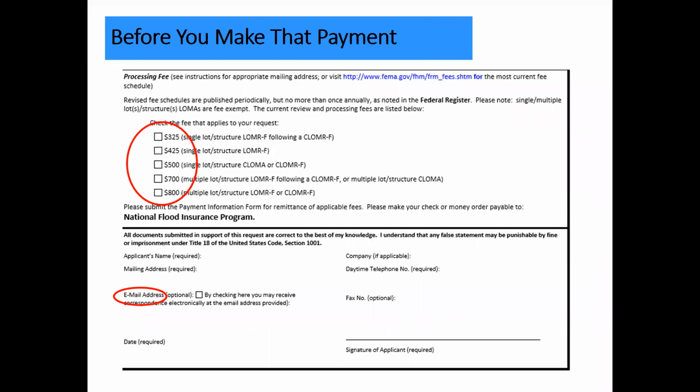Here's the fee structure. A LOMR-F for multiple structures is $800. A LOMR-F is $425, but it's $525 if you send it by postal mail. I'll just tell you right now. And the CLOMA, right there in the middle, costs $500, but LOMAs are fee exempt, which it says fourth line down from the top. So a lot of times people don't do CLOMAs. They just wait and do a LOMA when the